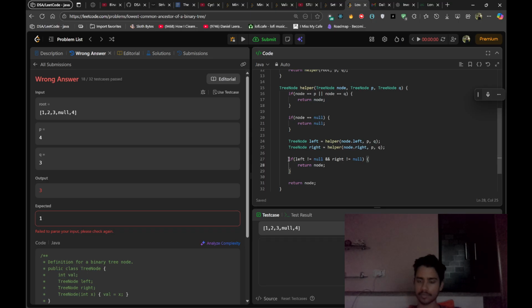Yeah, fine. There weren't nulls, so I returned the node. Now I have to do one thing. I'll have to take in consideration of this thing. This thing has to be removed. If they both are not null,